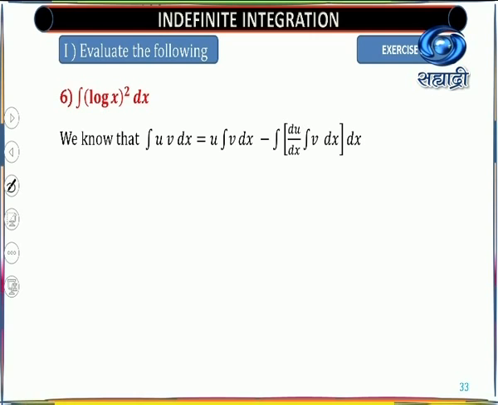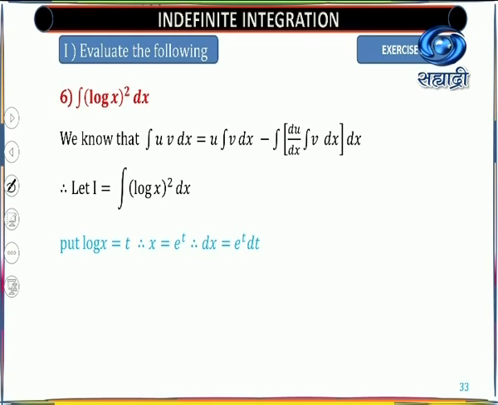So we are using again our formula, that is u into v dx. So what will happen to log x bracket square? For log x bracket square, we'll substitute. Why do we need to substitute? It is simple if it becomes an exponential function. Because as it is, if you take the derivative, you will get 2 log x upon x. So again, you will have the log x in your value. So we don't want that complication.